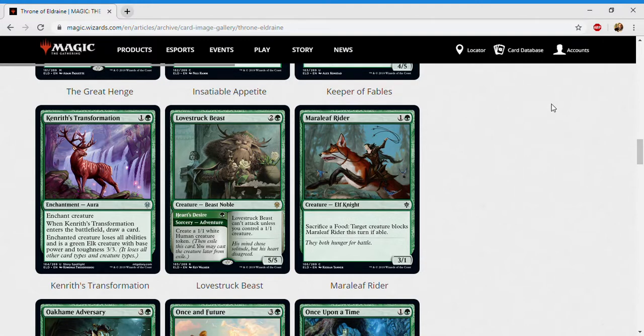Next up, we have Merrymaker Rider. It's 1 and a green, a creature Elf Knight at common. It's a 3/1. Sacrifice a Food: target creature blocks Merrymaker Rider this turn if able. So this is another food payoff. It's like a 1-creature lure, which, let's say you have 3 creatures and they have 3 creatures, then you're forcing one of their creatures to block your 3/1, which might kill it since it has 3 power,